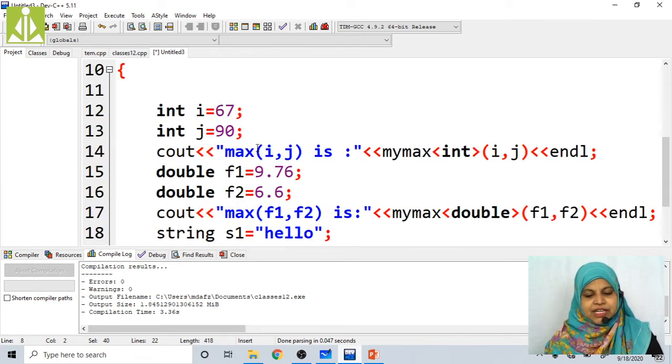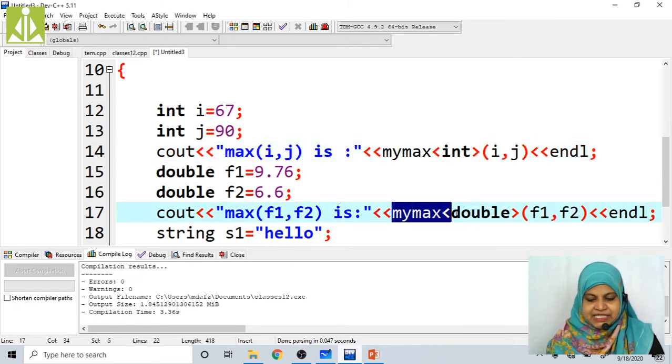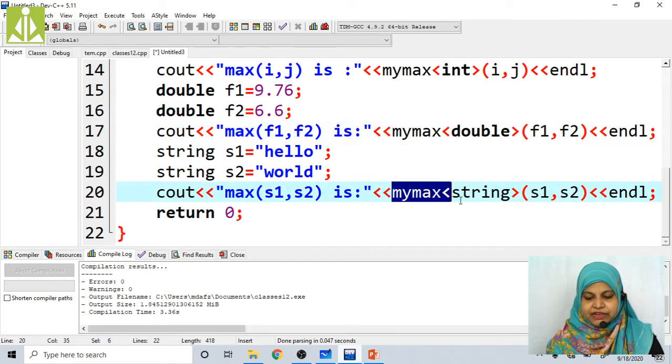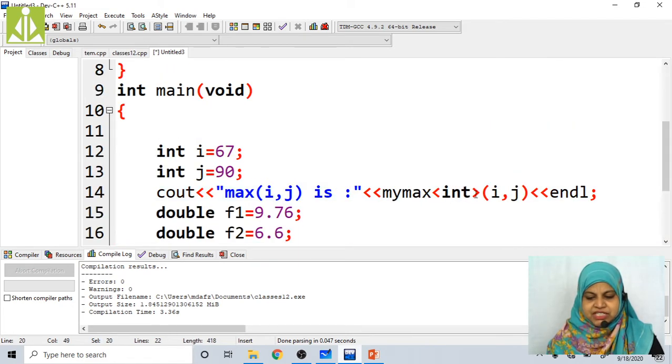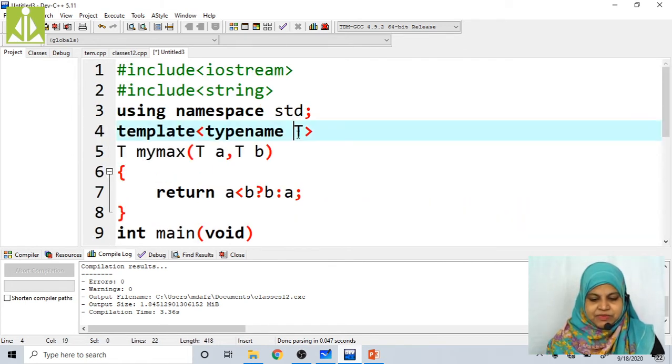For the same function I am passing the integer value, the double value, and the string value. In the first case, whenever it reads my max int i comma j, this T becomes integer. Here we are returning the integer value, int a comma int b.